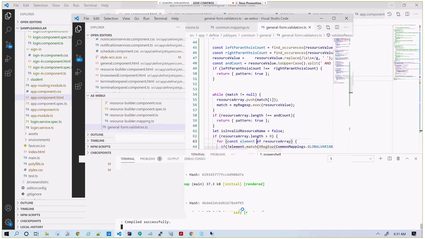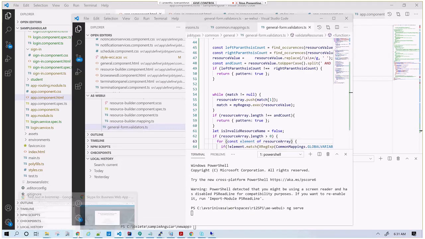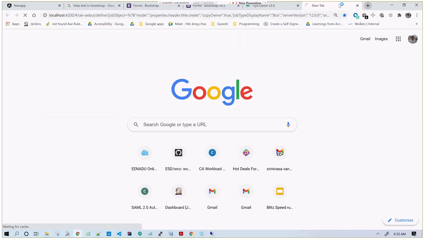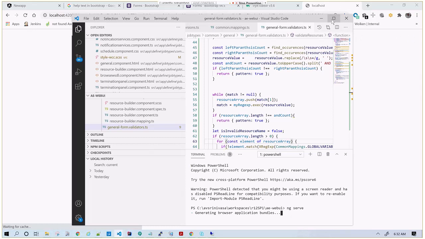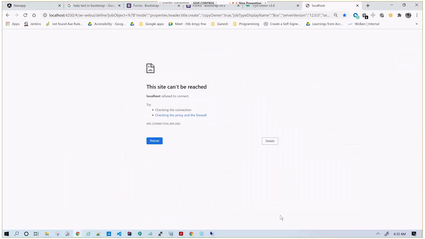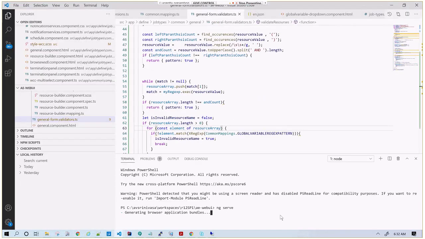Then I probably just didn't care about it. It is actually building. It will take a minute.